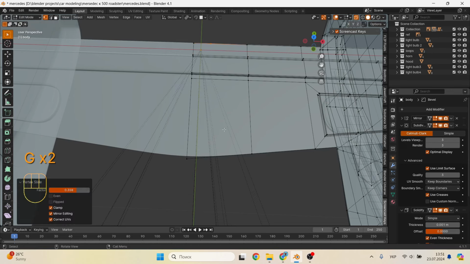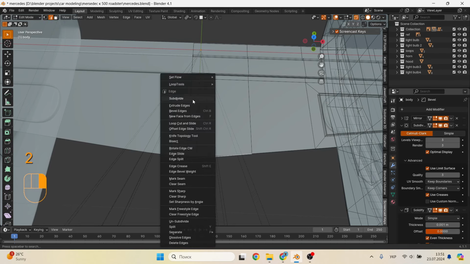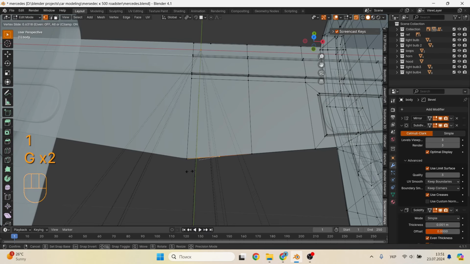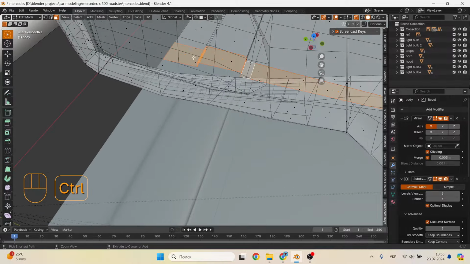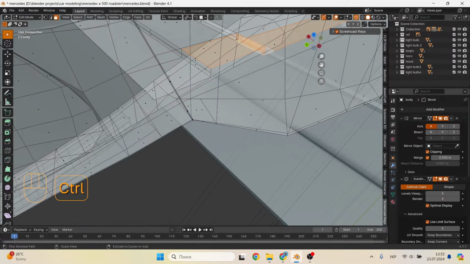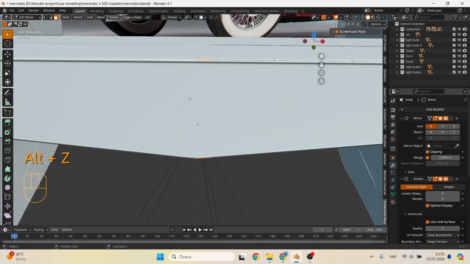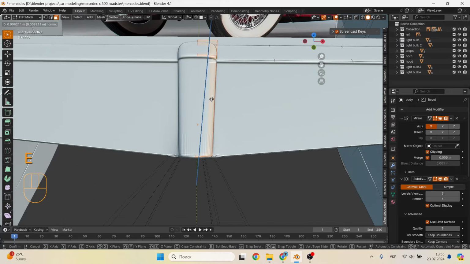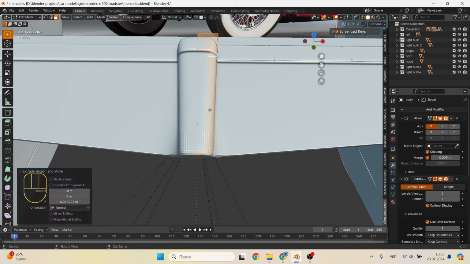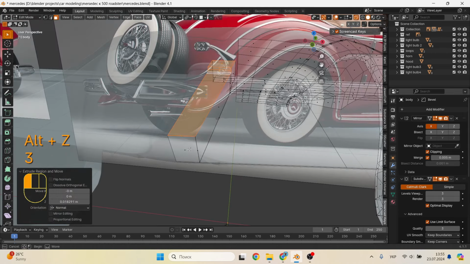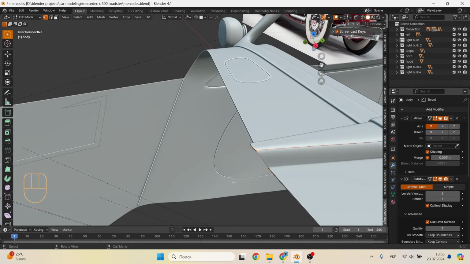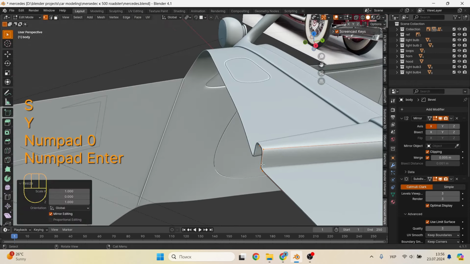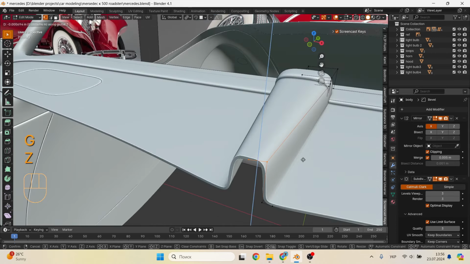In order to make a base for it, I subdivide the edge on one side and the edge on the other side, after which you can connect the vertices with the J button. Next, select the faces that you want to extrude and use the E button to extrude them along the Z-axis up. In this place we have an unnecessary face, it needs to be deleted. Now I select the vertices in its place and align them along the Y-axis, using the combination S Y 0. Now we can reduce this edge a little.